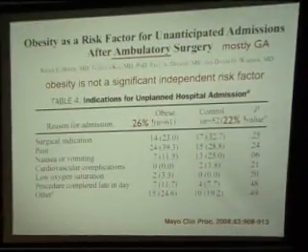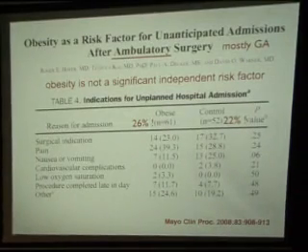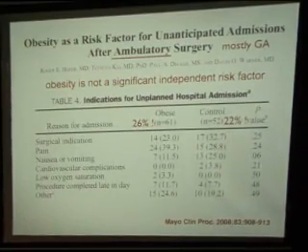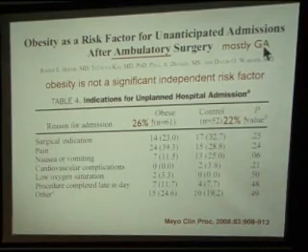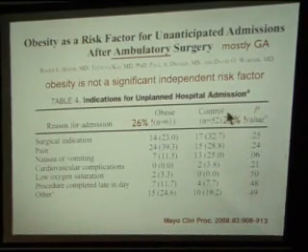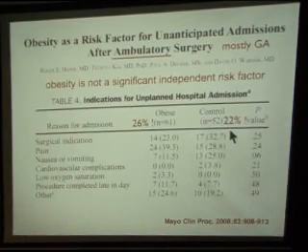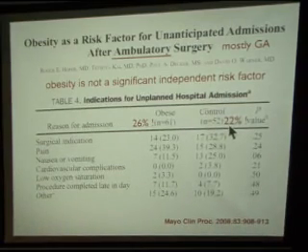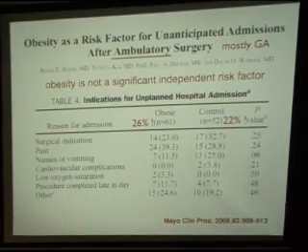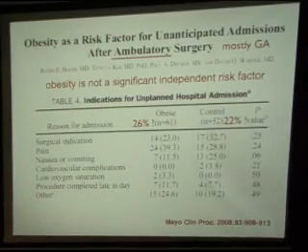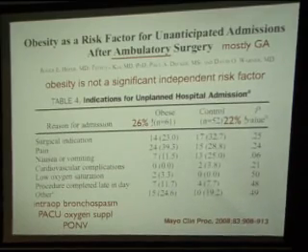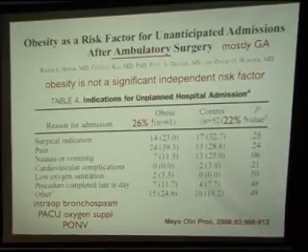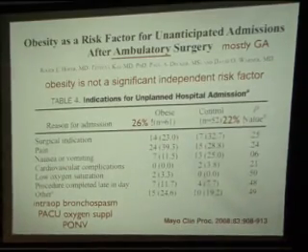This study concludes that obesity is not a significant independent risk factor for unanticipated admission. It's quite interesting. Most of the patients underwent general anesthesia. They have a high failure rate. I hope that my hospital does not see this. 22% unanticipated admission rate for the control group, and for the obese group 26%. One thing that is more interesting is intra-op bronchospasm, PACU oxygen supplementary rate, and also post-op nausea and vomiting are all greater in the obese subjects.